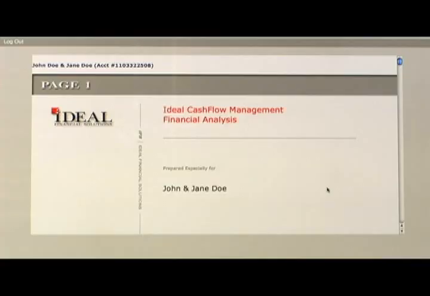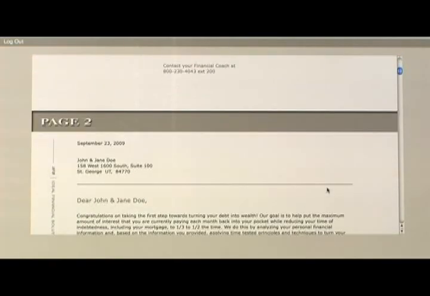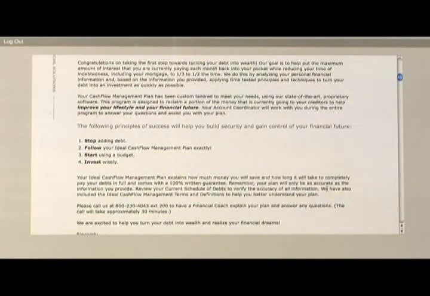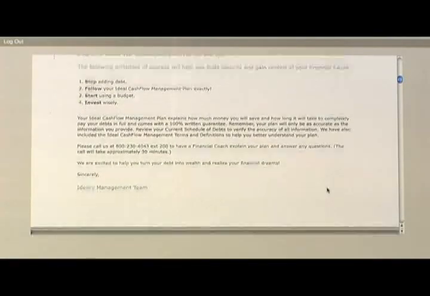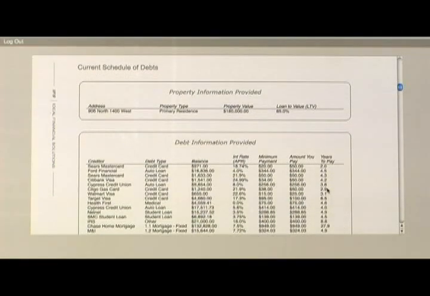As I scroll through this, I'm going to scroll through some of the pages quickly. This first page is really just a cover page. The second page is a letter that goes through some specific information that is unique to them and their plan. I want to talk for a minute about page 3 because there's some interesting information on here that I think